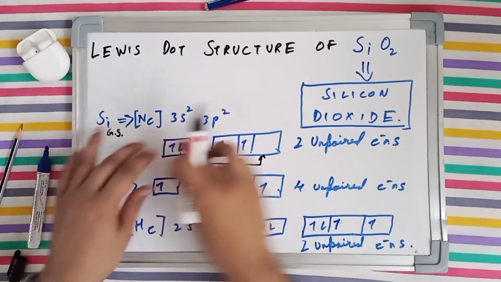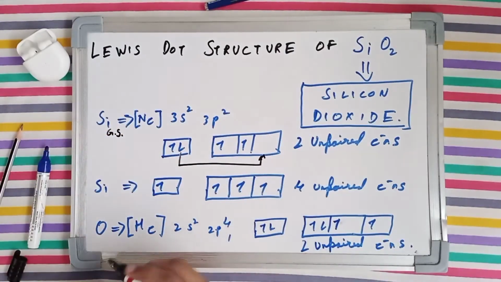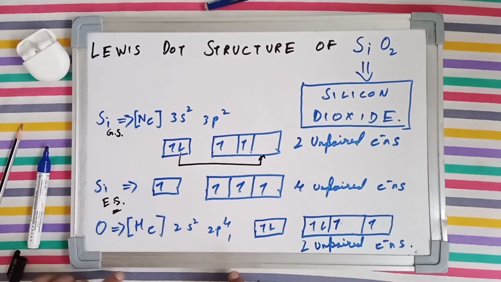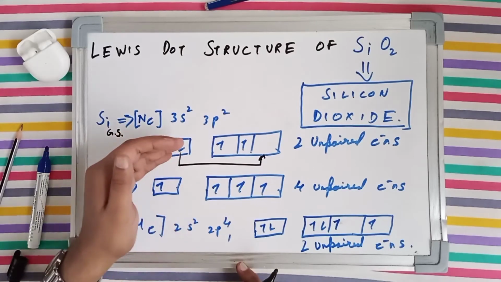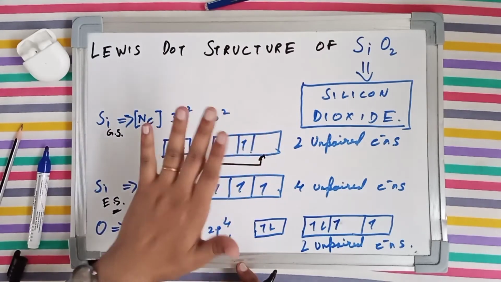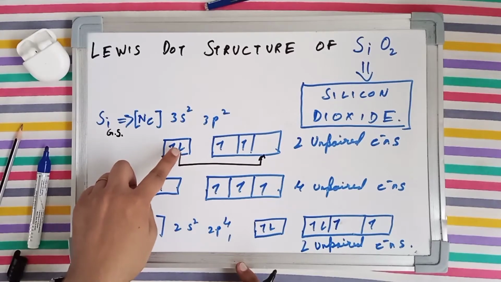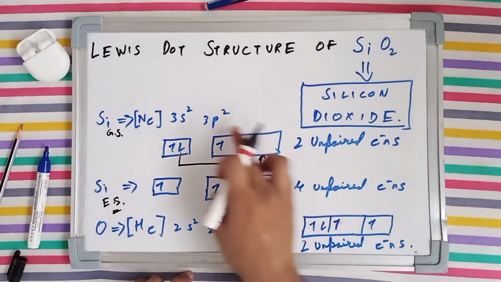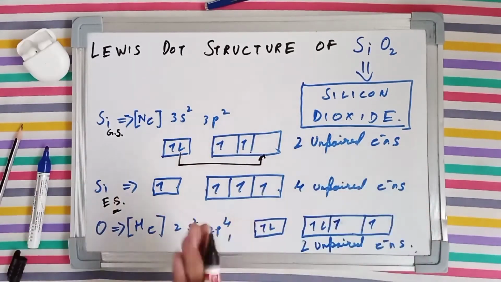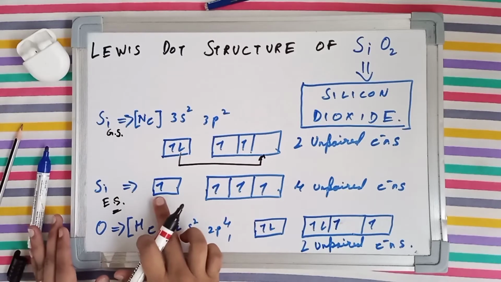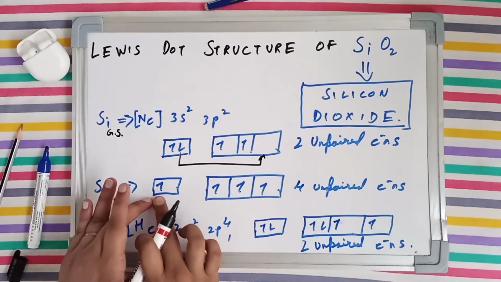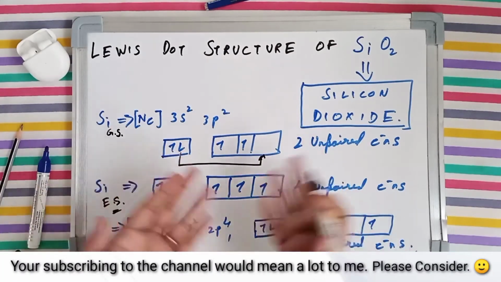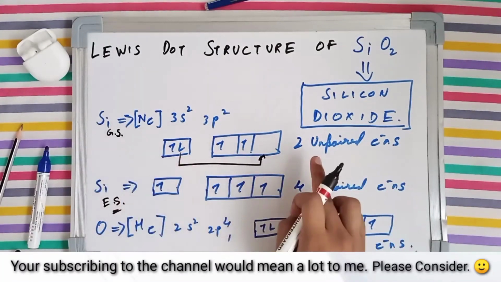Now this was the orbital diagram in the ground state, but silicon makes 4 bonds in the excited state, ES. So what happens is a shifting or jumping of an electron from the 3s subshell to the 3p subshell takes place. One of the electrons leaves its place and sits in one of the orbitals of the 3p subshell, or simply the p subshell. So we now have a single electron in the 3s subshell and single electrons in each of the orbitals of the 3p subshell.